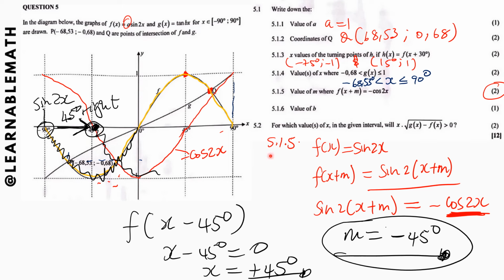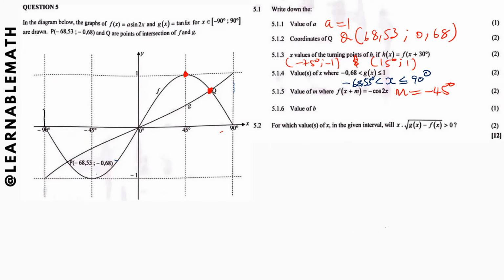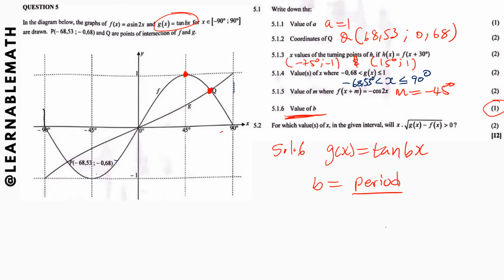Okay, let's go to 5.1.6. It says find the value of b. You can check the mark is only one mark. You just need to give the value, right? If you check b, it's on tan here, right? On the graph saying g of x equals tan bx. So b would actually be found by saying the period of a tan graph, right? The period divided by